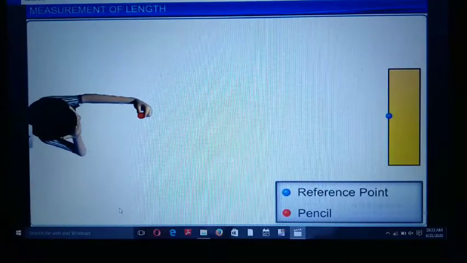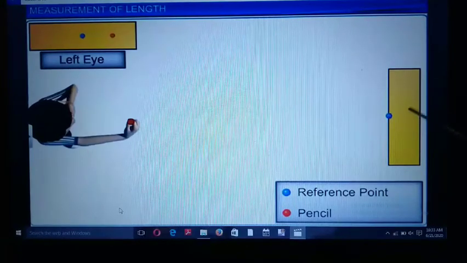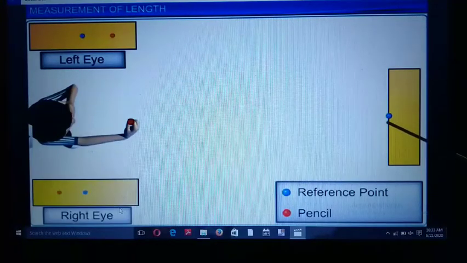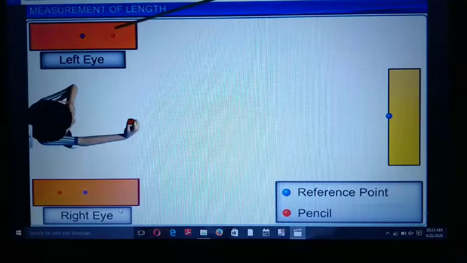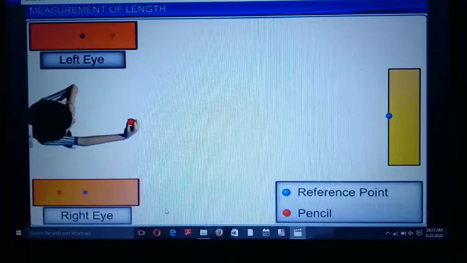Here he sees with the help of his left eye, so its reference point is blue. Here blue is the reference point, but the position of the pencil is red here. But he sees with the help of his right eye, so the pencil moves to the left side, means